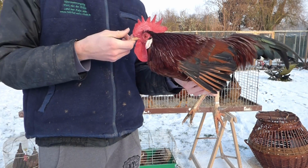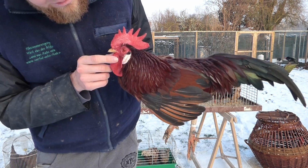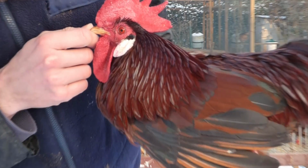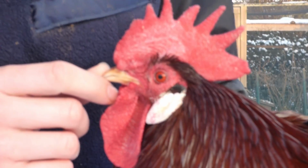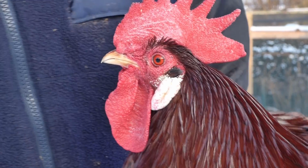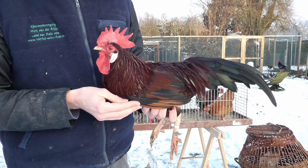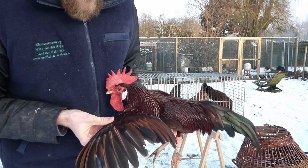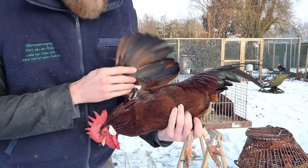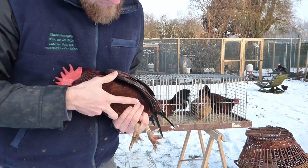What is good? The comb looks... The comb is not perfect, but it's very good. His wattles are good too. Earlobes are okay. The eye color is good too. Nice bright red. It should be orange, of course, but maybe because of the red gene it might look reddish. Enhance the red. Apart from that, he has long broad feathers in his wing. Yeah. Leg color, because of his age, he's older, so...